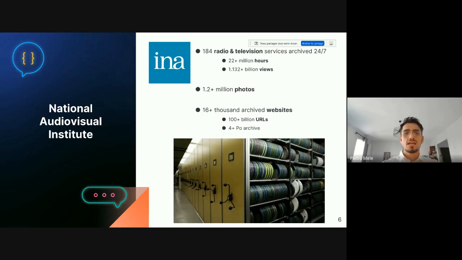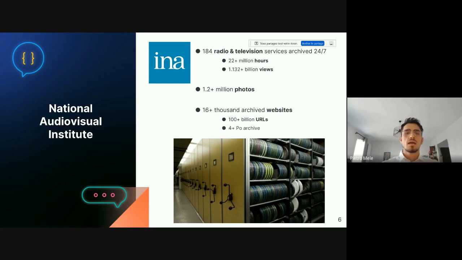Indeed, the INA collects, archives, and makes available to the public a wide range of audiovisual material, including television programs, radio broadcasts, and newsreels. It is considered an important cultural and historical resource in France, providing access to the country's media history and preserving it for future generations, which is extremely important. In terms of equivalent organizations abroad, the closest are the British Film Institute in the UK or the Library of Congress in the US.